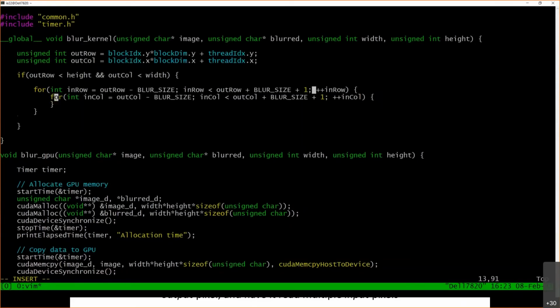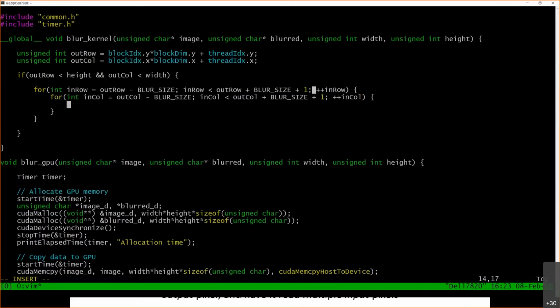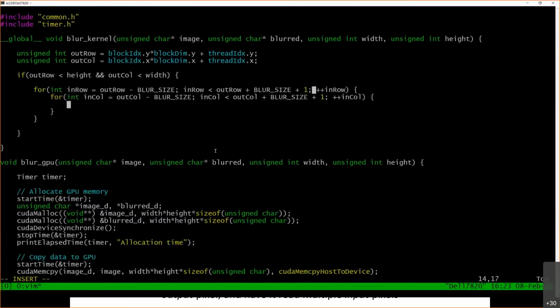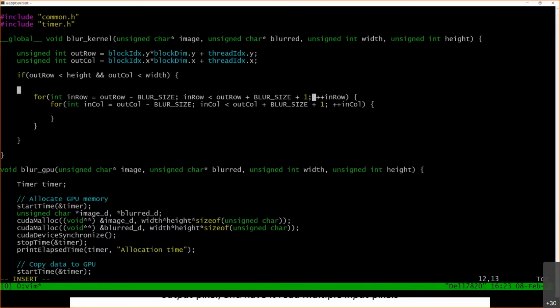Okay, and now in this case, what do I need to do? Well, I'm going to need to have some kind of average that I'm accumulating across these different pixels. I want to sum up these pixels, and at the end, I want to divide them by the total number of pixels. So in this case, I'm going to initialize an average up here. I'm going to write unsigned int average, and then I'm going to write